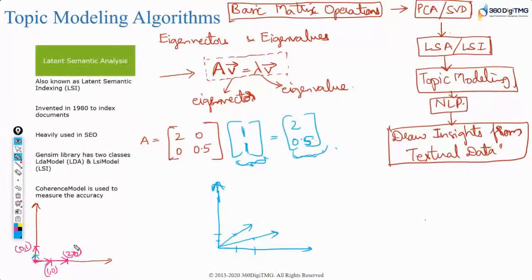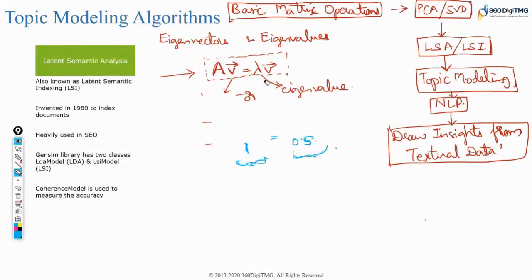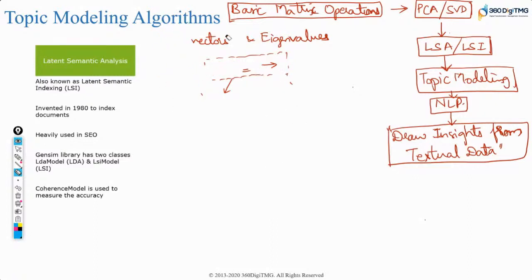This is one important property that you need to remember to be able to understand SVD, to be able to understand principal component analysis, to be able to understand a lot of concepts which are going to come your way. Okay, so just bear that in mind. And this is basic matrix operation, which is very, very important for you to proceed further.